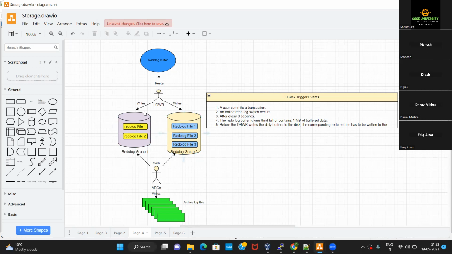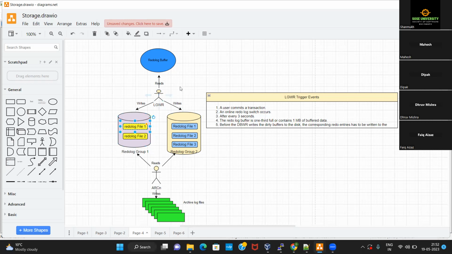Okay. Now, inside a group, like I said, there will be at least one redo log file or one redo member present. There can be more than one as well.